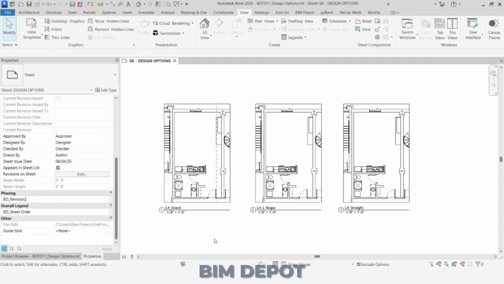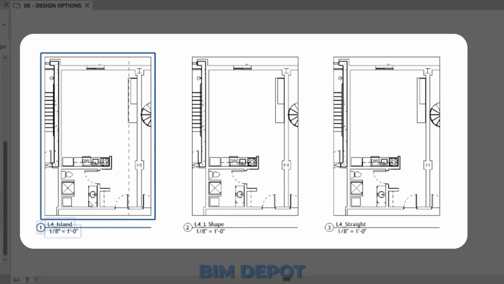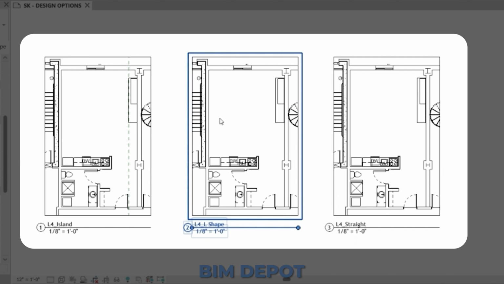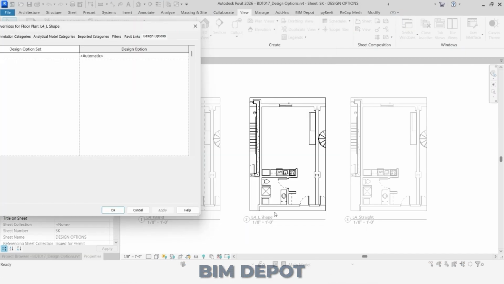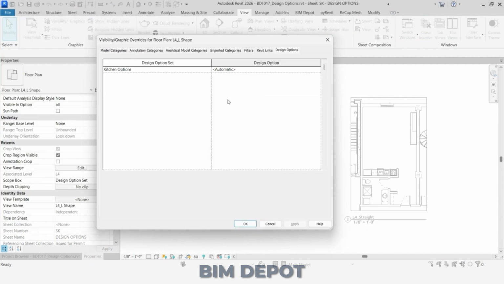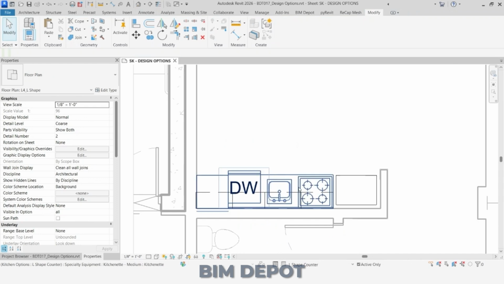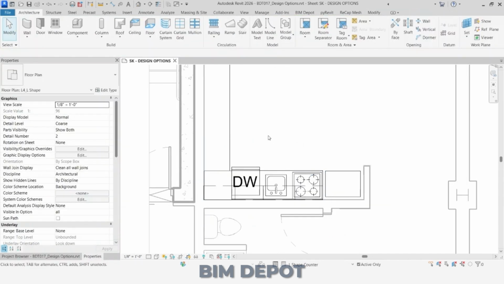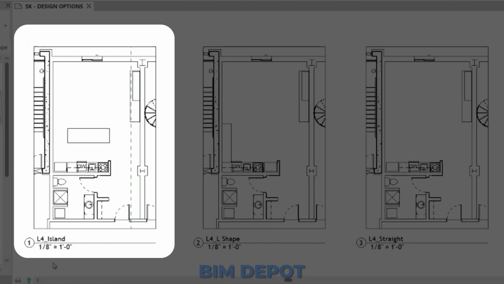After we drag these onto the different sheets, you'll see we have 3 identical views. The reason for this is because it's all showing the primary. So if we wanted to modify that, we'll just go back to our visibility graphics in each view. We want to make sure that we're correlating the design option with the correct view. Now that we've forced the correct design option into the correct views, you can see that the island now has